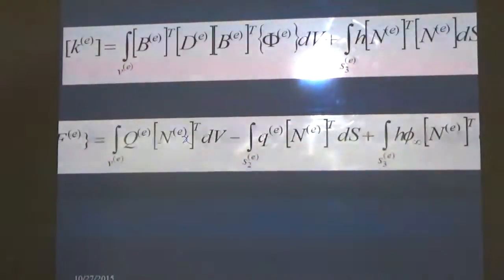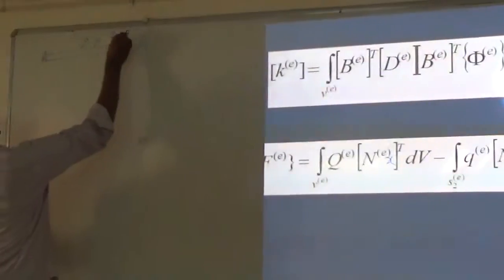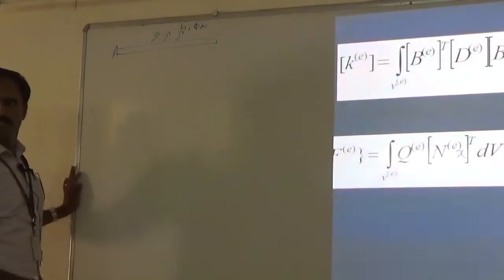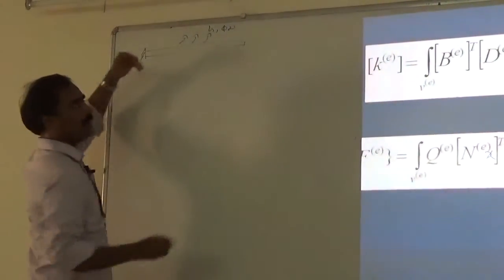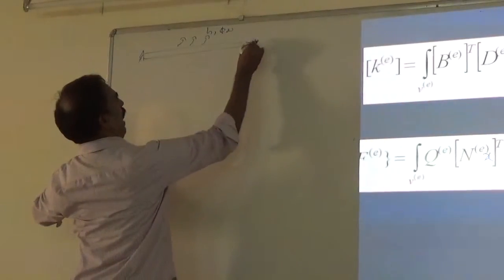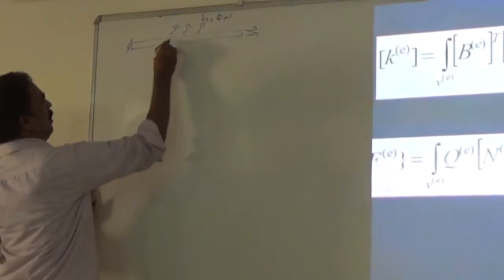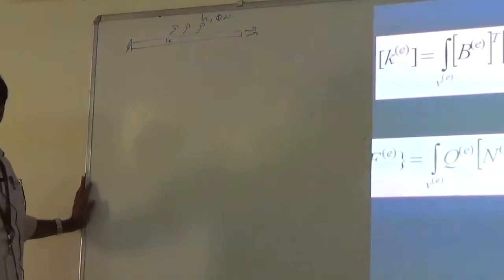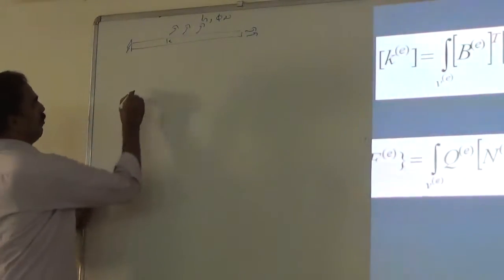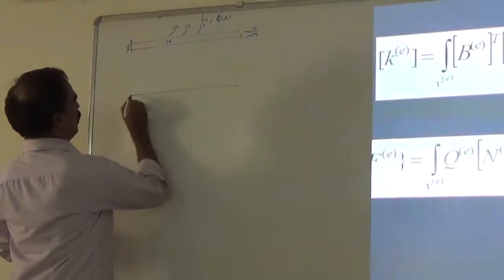So let's consider a one-dimensional heat transfer problem like a long fin. We are considering convection, end convection. We also consider the bulk temperature is phi infinity. We have perimeter convection as well as this end convection, where K is the thermal conductivity of the material. This one we discretize